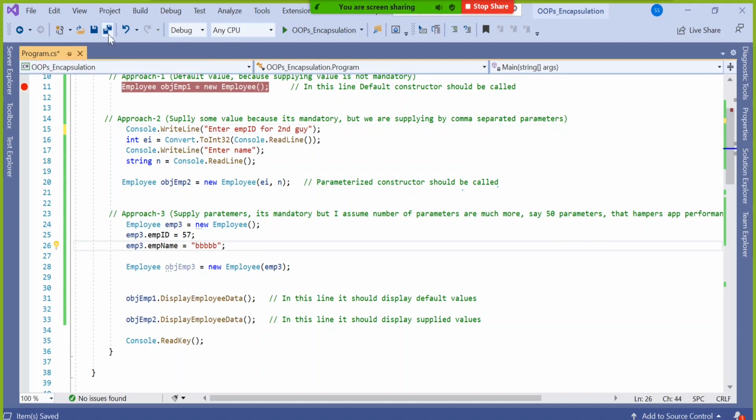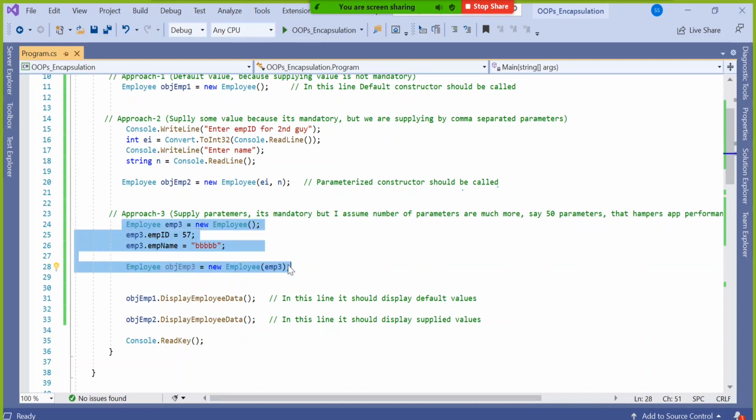Yeah, I hope that answers your question. So you want to send hard coded data instead of asking the user to enter the data, right? Then this is the approach you can take. The core approach is the same only. The EMP3 object will plug in the data, but the only thing is you didn't ask the user to enter it. You directly gave the value.